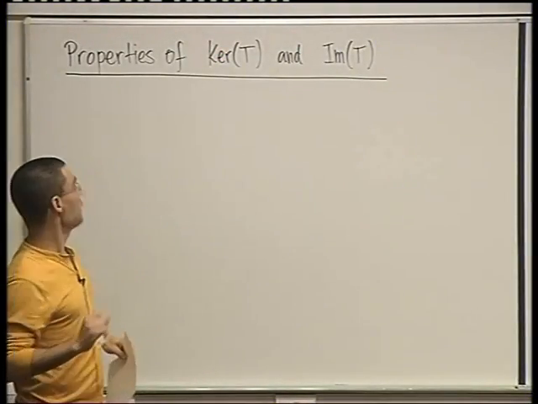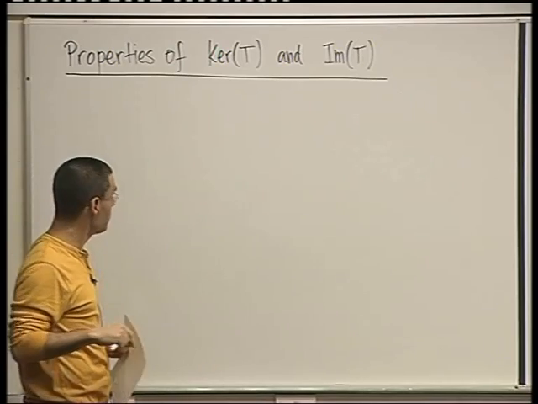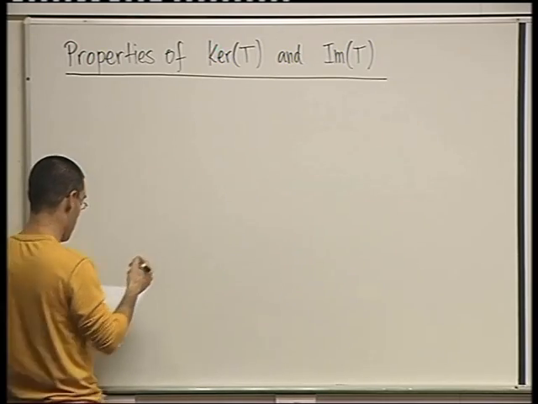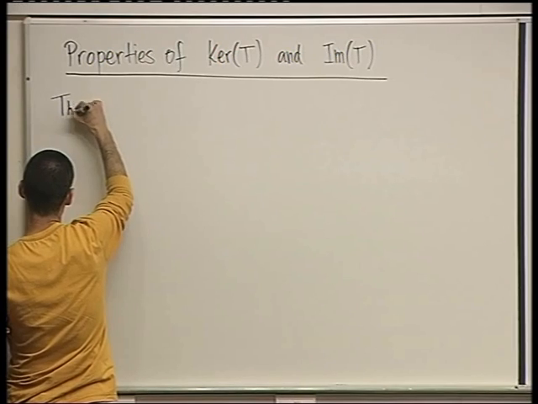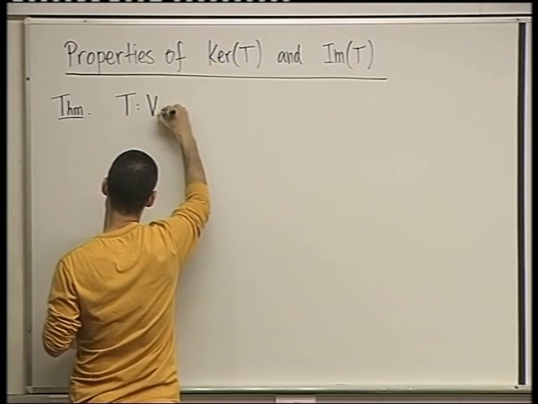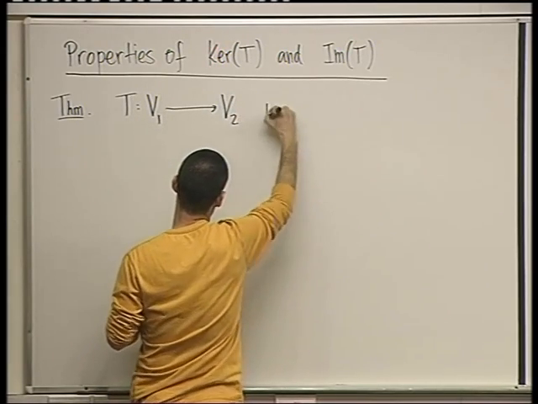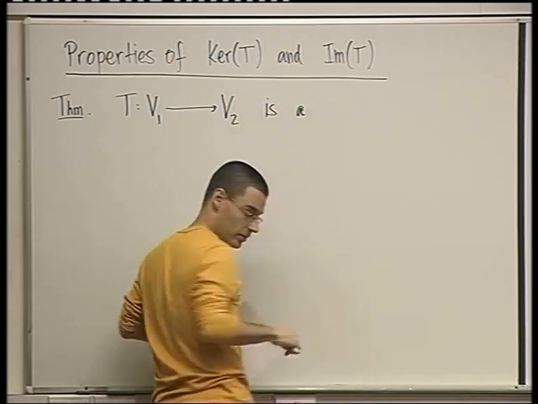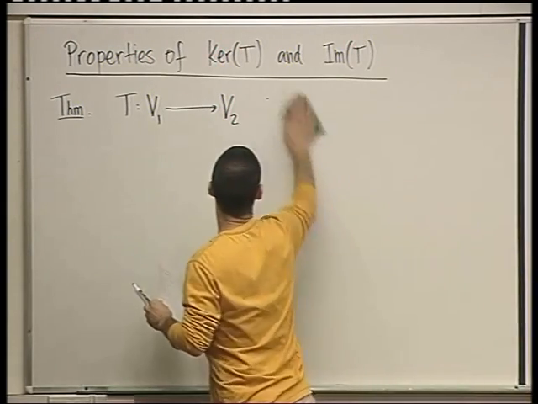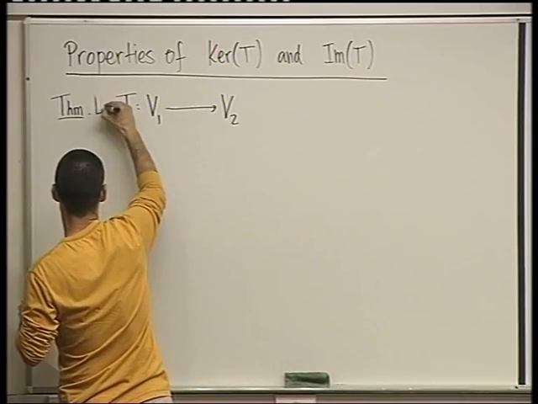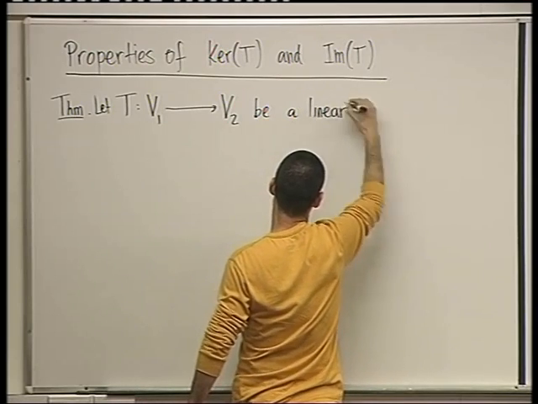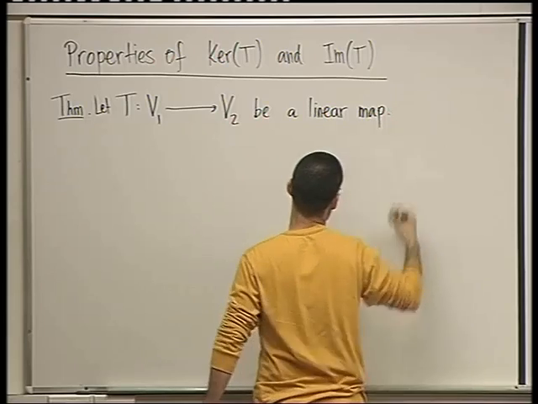Let's write a theorem of 5 sections, and the theorem is going to satisfy this title. It's going to be some properties of the kernel and the image. So here it is. Let T be a linear transformation, linear map. Then,